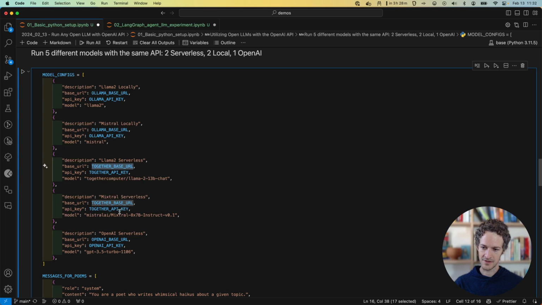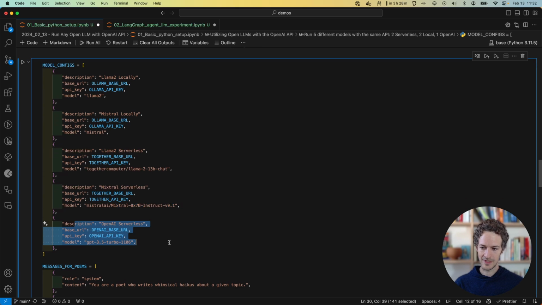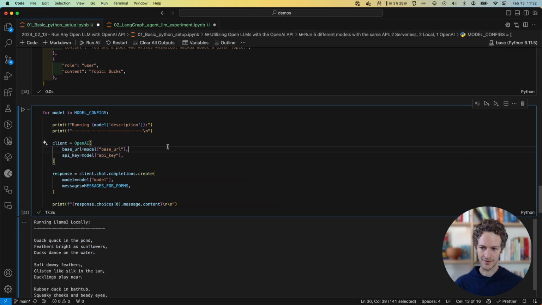Then we're going to do 2 serverless options, both through Together API. One's going to run Llama 2, one's going to run Mistral, and then one's going to run OpenAI the same way we normally would. And so if I run all of these,